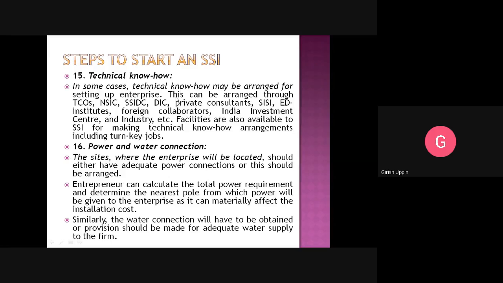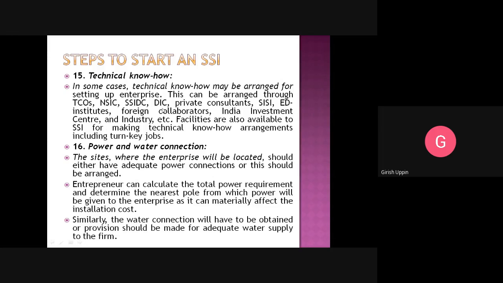Okay, the technical know-how can be arranged through the TCOs, NSIC, SSIDC, DIC, private consultants, SI, ED institutes, foreign collaborators, India Investment Center, and other industries. So there are many organizations which will help with technical know-how for an easier approach.